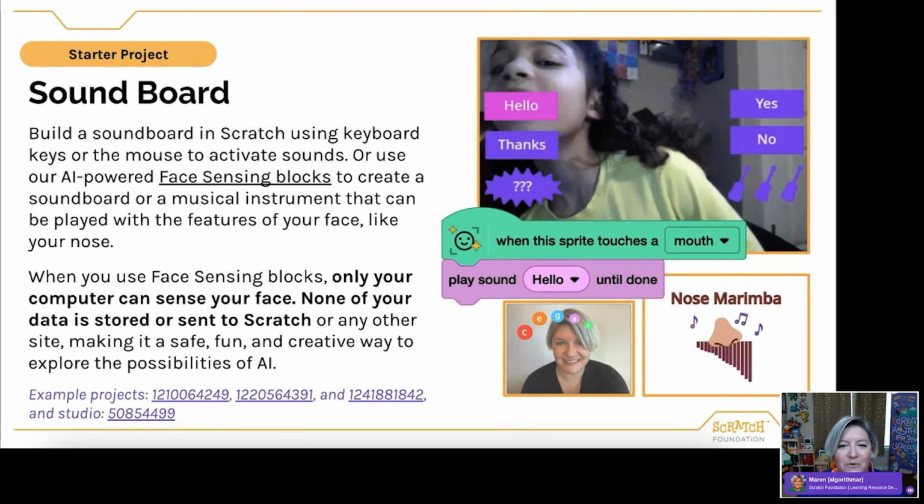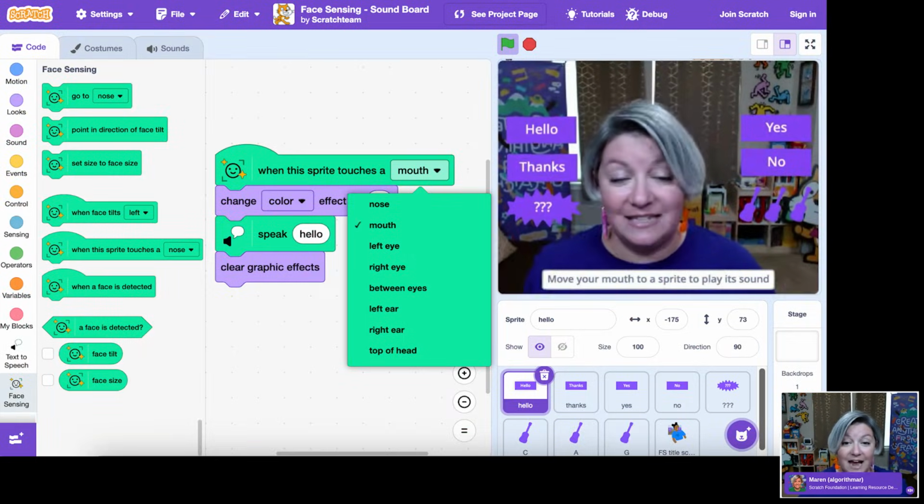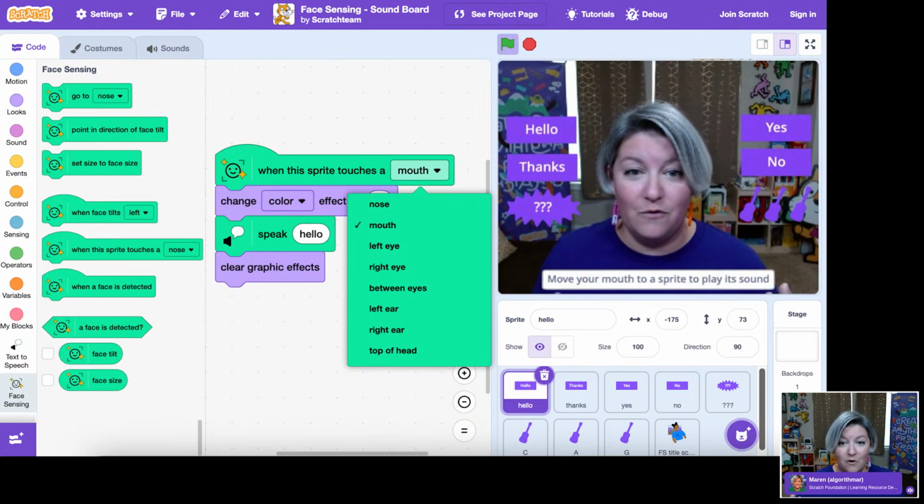Another fun way of interacting with sounds is to build a soundboard in Scratch using keyboard keys or a mouse to click and activate sounds. One added twist that I really love to do is to use face sensing blocks, which are our predictive AI blocks, in order to create a soundboard or a musical instrument that can be played with the features of your face. As I run my mouth over these buttons,